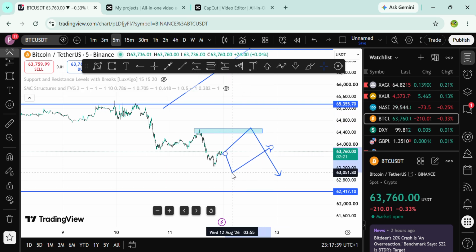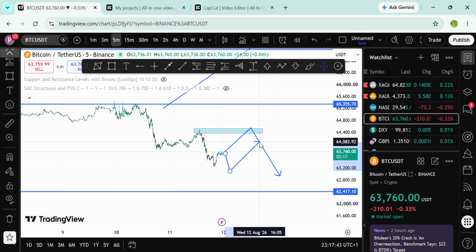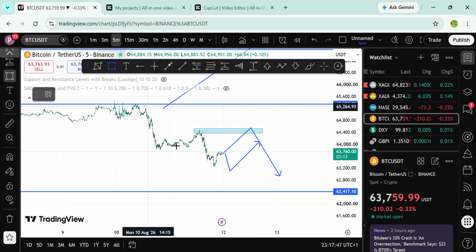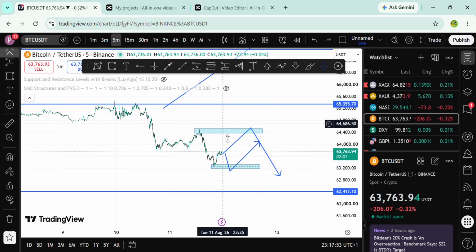And also use this as a support in the 5 minutes time frame, anticipating that the market will just come back to support and go up, or the resistance will be for the market to hit you at this resistance